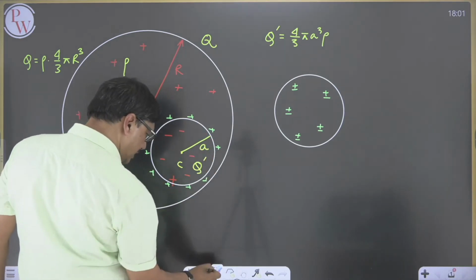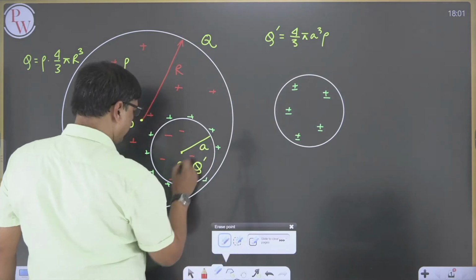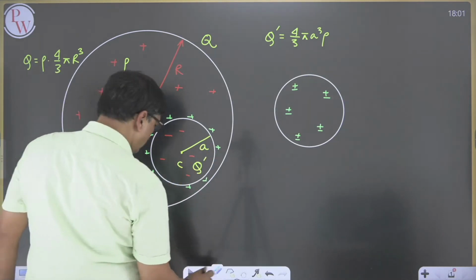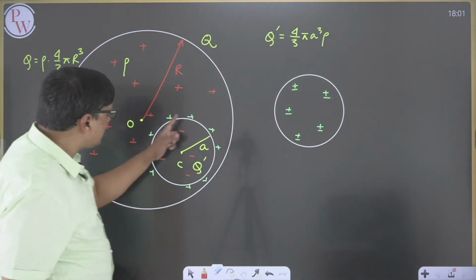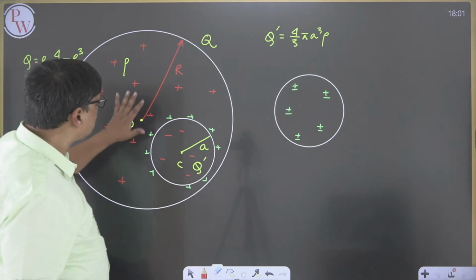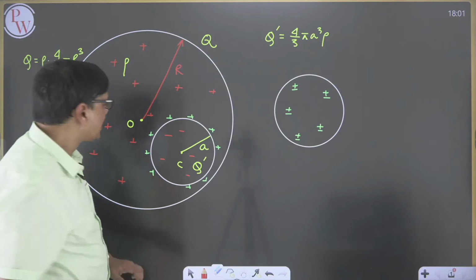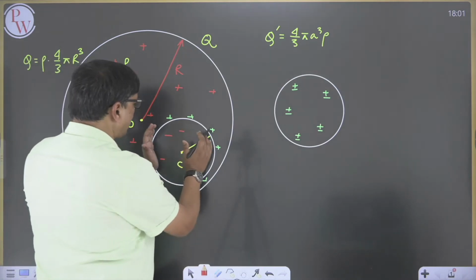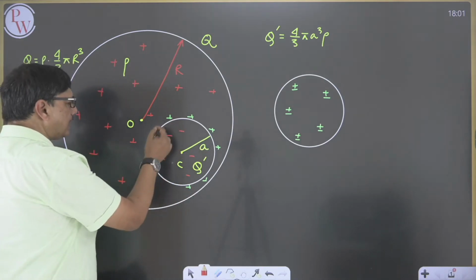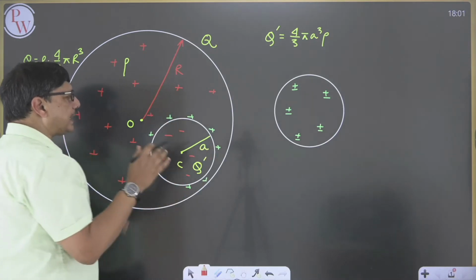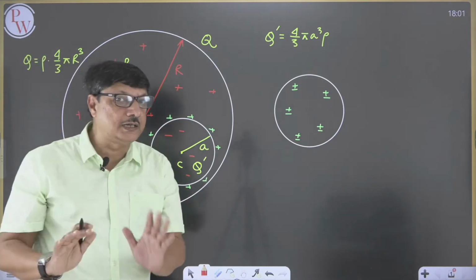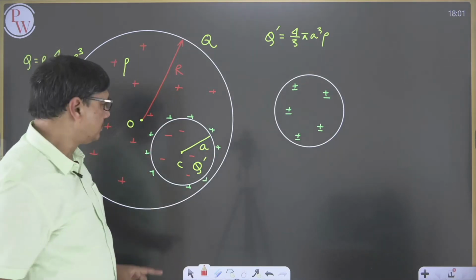No positive charge over here will come. So what we get whenever there is a cavity within a non-conductor body? The cavity will constitute a negative charge quantity of value